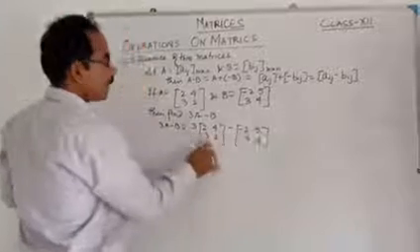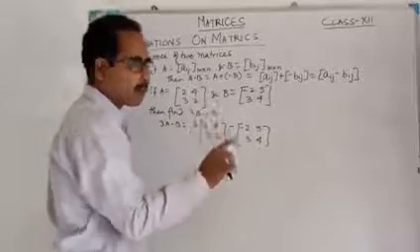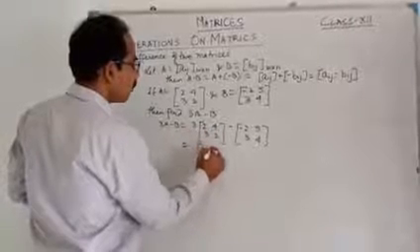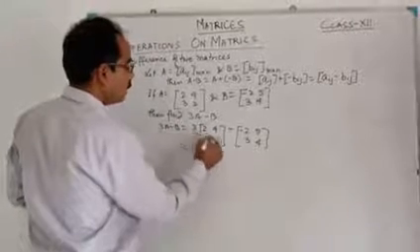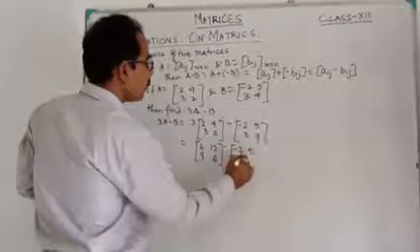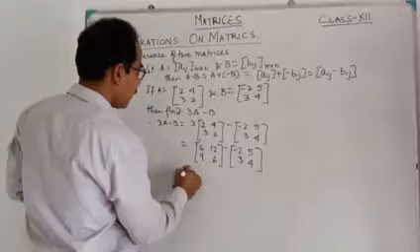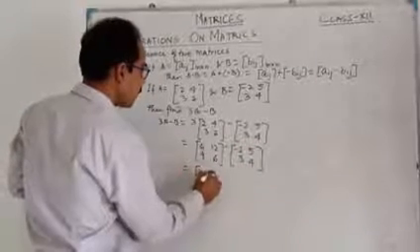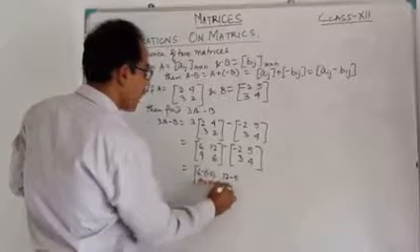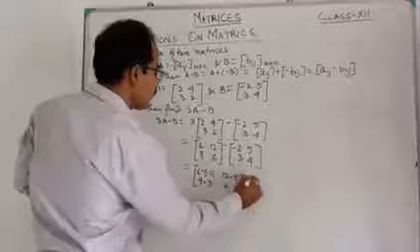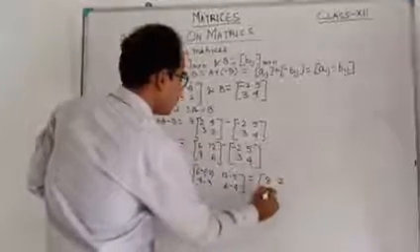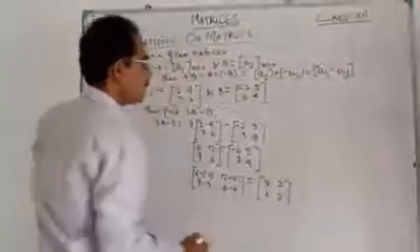Look at here, this is the scalar multiplication as I have discussed in the earlier video. So it will come as 3 into 2 is 6, 3 into 4 is 12, 3 into 3 is 9, 3 into 2 is 6, minus [-2, 5, 3, 4]. So ultimately you are getting 6 minus of minus 2, 12 minus of 5, 9 minus 3 and 6 minus 4. So ultimately you are getting 8 here, 7 here, 6 here and 2 here. I hope it is clear, students.